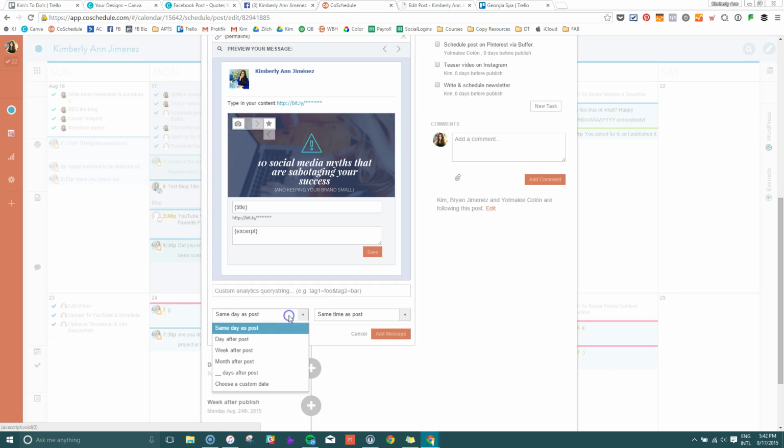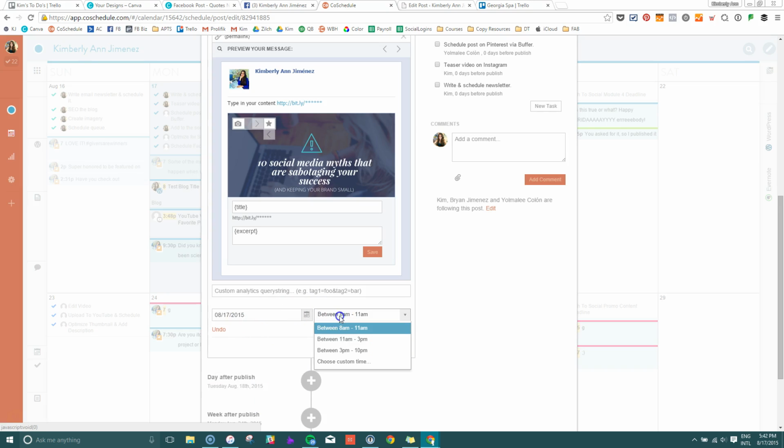You get to publish the post depending on how frequently or how fast you want that to be sent out, and you can do that the same day, the day after, the week after, a month after, etc., or you can select a custom date. You can also select specific date ranges that they already have pre-selected for you, or you get to choose a custom time. I'm going to simply click on Add That Message,